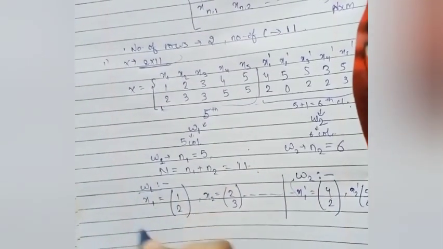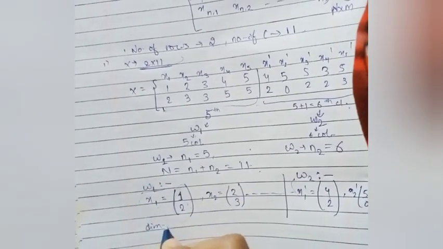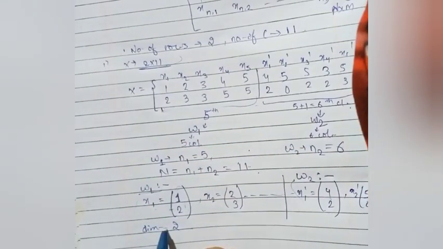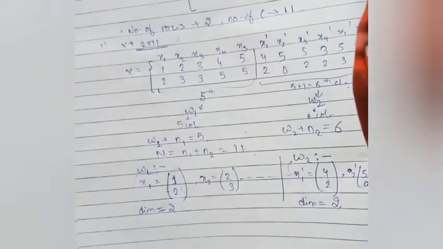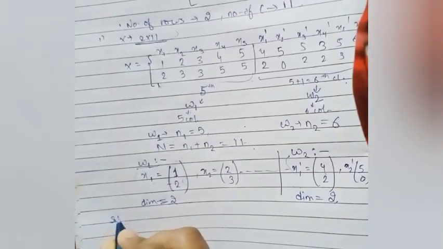So W1 has these values and W2 has these values. What is the dimension of this one? See here, it has 2 rows, so the dimension will be 2. Similarly, each of these has a dimension of 2, and here also the dimension of each is 2. Now, how will we convert this original matrix into the lower dimensional space? Our first step is to